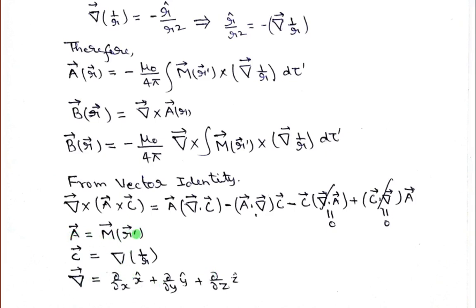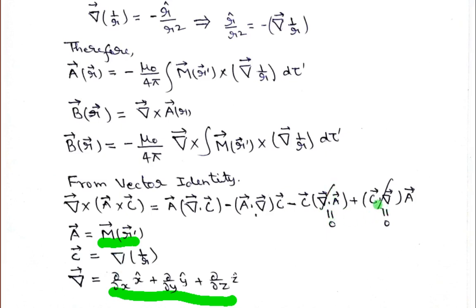This is the coordinate of m, and this is the coordinate of x prime, y prime, z prime, and this is the operator del upon del x, del upon del y, del upon del z. So when you take the divergence, obviously if you differentiate this quantity, it will be constant with respect to x, so that will give 0. That is why I have cut this quantity, that will give 0.